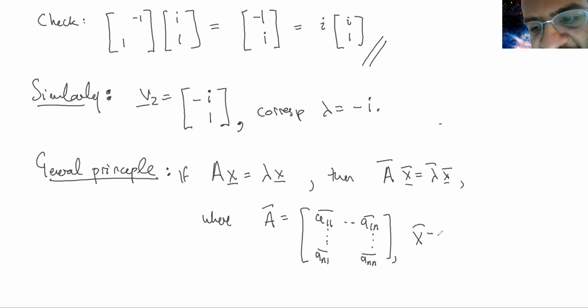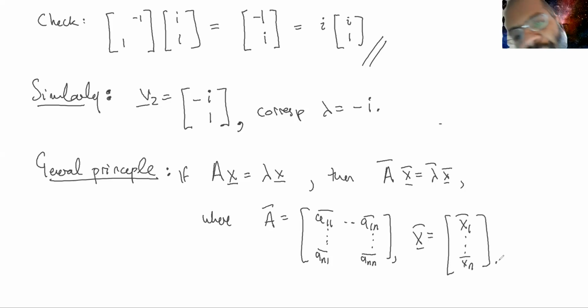And X conjugate is a vector where you conjugate every entry of X. This is just an algebraic property of conjugate. If you conjugate an equation, it remains true, and you can just put all the conjugates inside the matrices. So in particular,